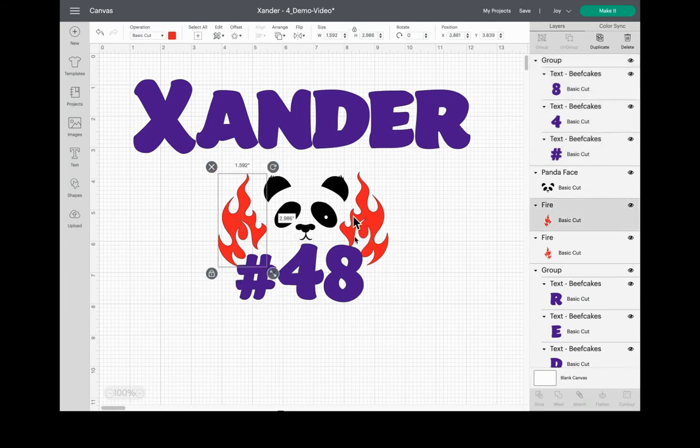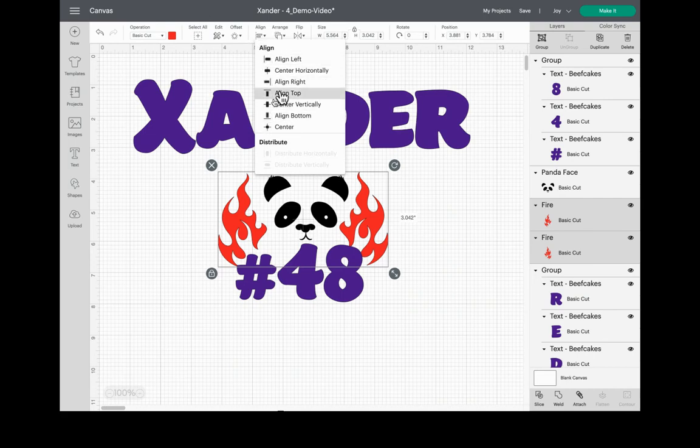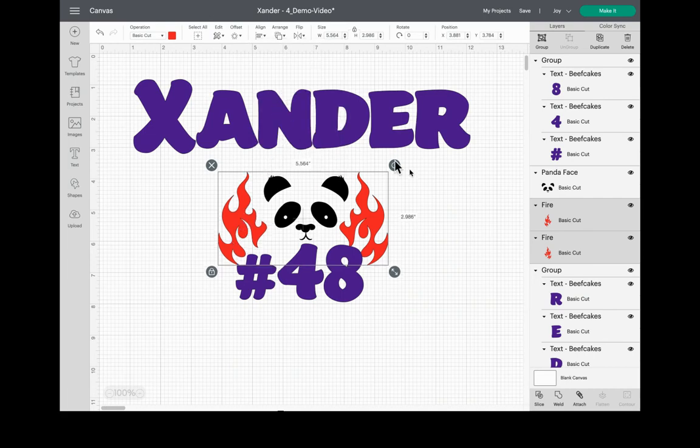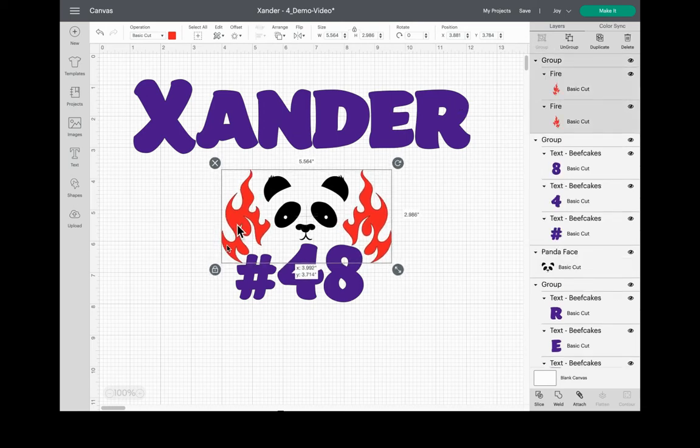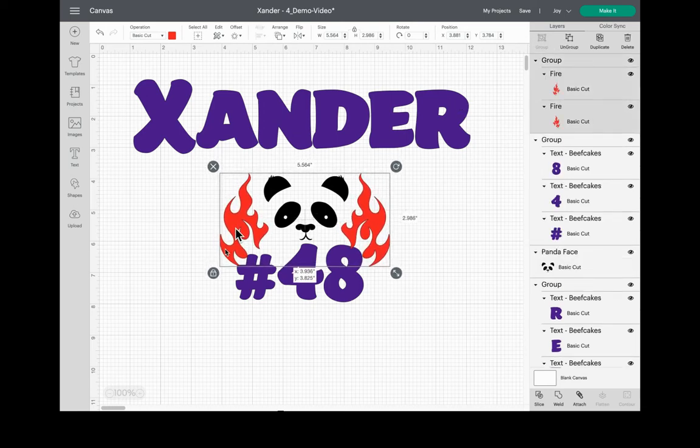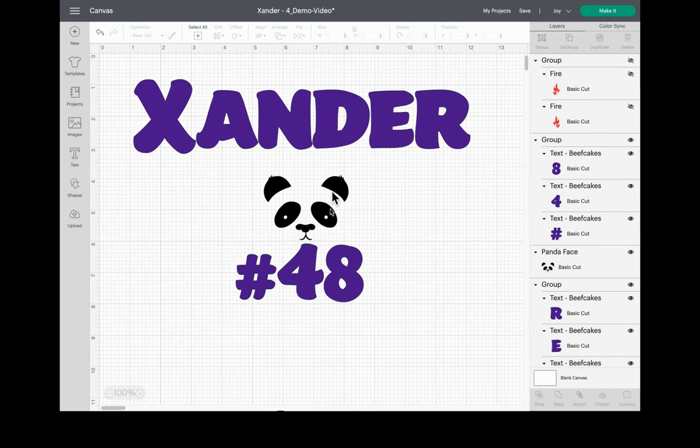So I'm going to go ahead and select these two. I align them to the top just so that they fit each other. I'm going to make it group. And so now I have this fire and I'm kind of going to go with that. And then I'm going to select the panda head, but I got to hide this because it's on top. I'm going to select the panda head. Then I'm going to show this and